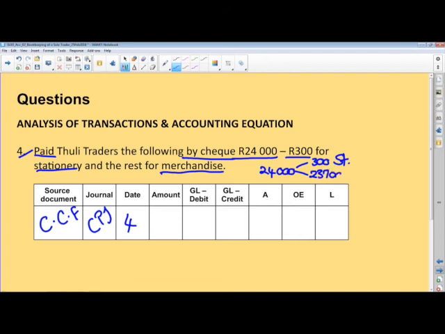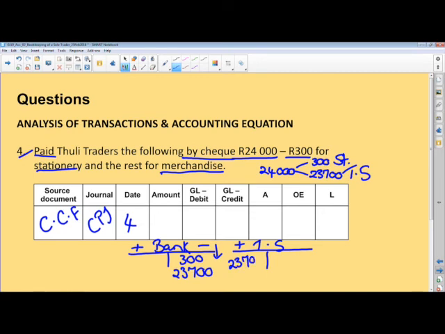23,700 will be left, and that will be for your trading stock. Now, let's go and look at it. We have 3 accounts, as you can see. Your bank, firstly. Bank, again, an asset. It's a plus minus. Your asset's going down, because I'm buying stationery and I'm buying trading stock. And as you can see, these 2 amounts together give me the 24,000. But remember, trading stock, again, an asset. The asset going up with